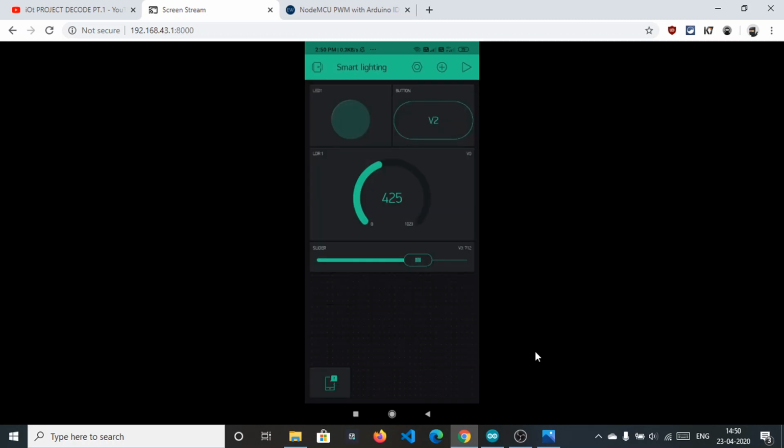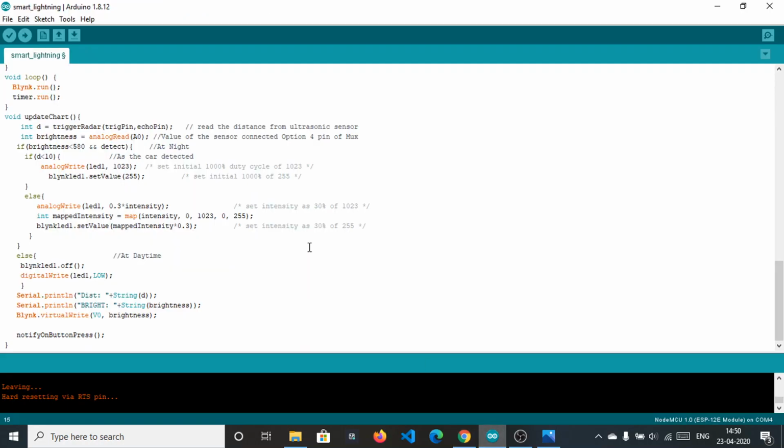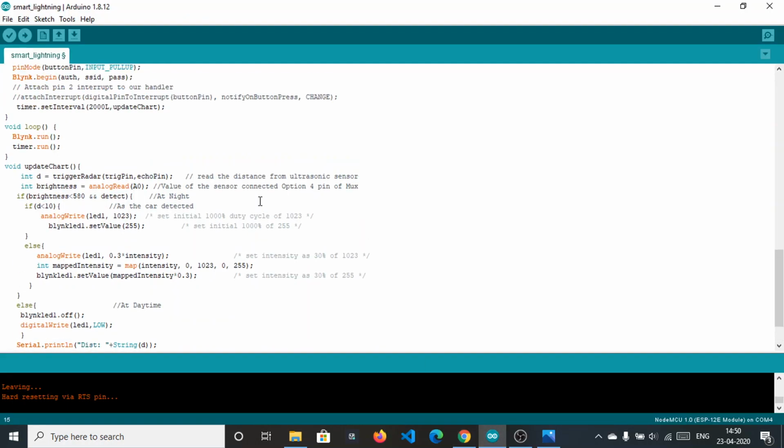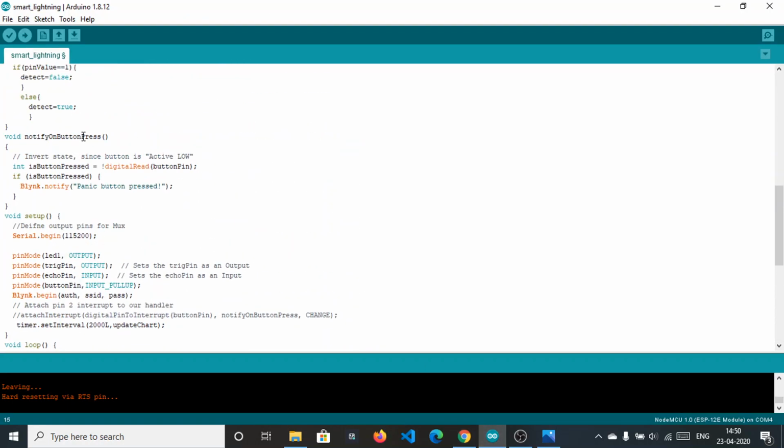All you need to do here, as you can see in this Arduino sketch, is notify on button press. In this method, if the button is pressed, Blynk.notify, panic button pressed. This is a single line to send a push notification to your Blynk application.